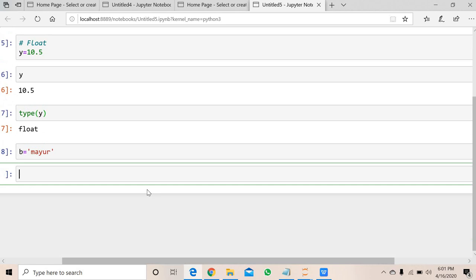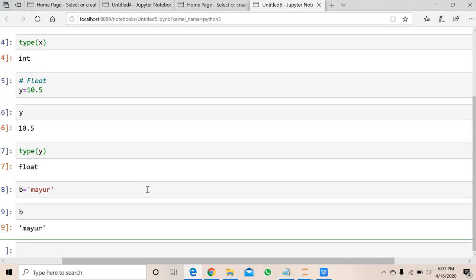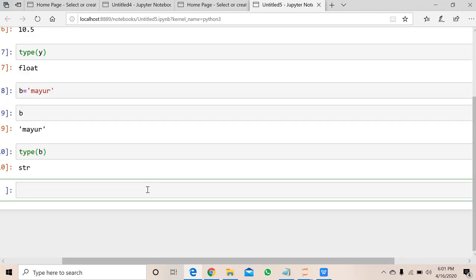So we'll execute this one. p will get this value. Then we'll check the type of p. It's a string value. Any value in single or double inverted commas, we can call a string variable. We'll check one more example.